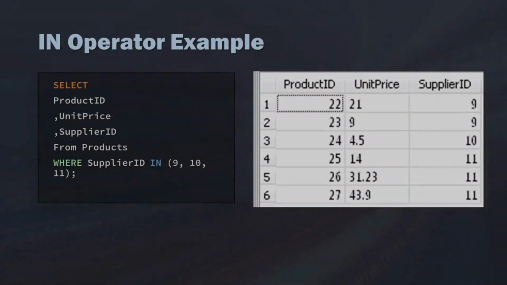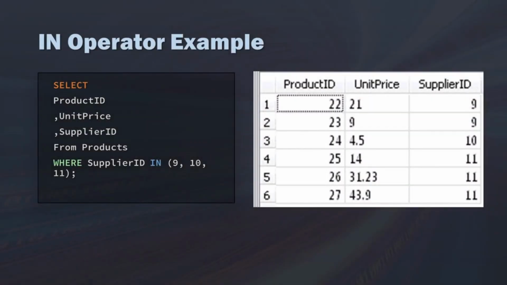values. In this example, what we're going to do is look for suppliers, but we want an individual list of them. We only want suppliers 9, 10, and 11. Another example would be to have suppliers maybe 1, 5, and 10. This is something where between wouldn't have been helpful because we aren't looking for a range of values,